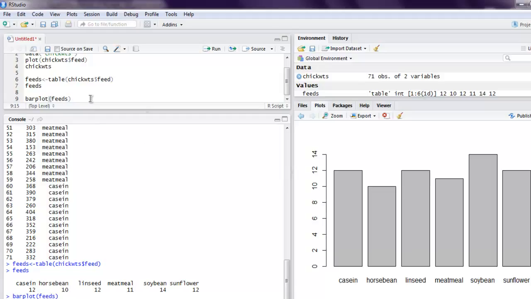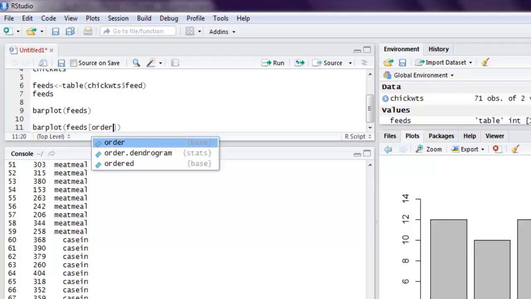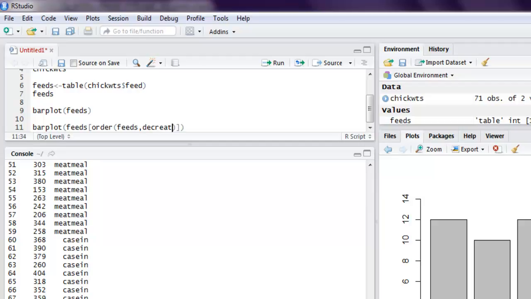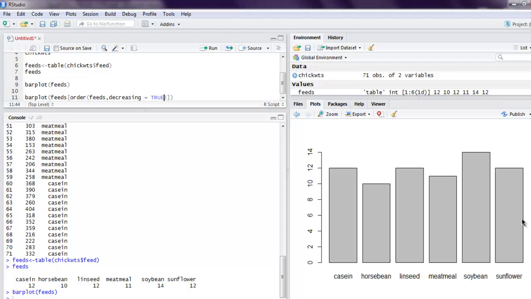So there are multiple ways to do this plot. Okay, finally you can do ascending and descending values from these feeds and draw the plot. Okay, so let's do that. So barplot and then feeds, then we set the order inside this feeds, and then decreasing equals TRUE. And now finally let me execute this,